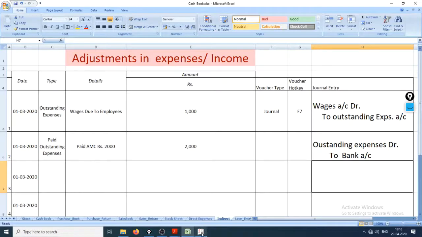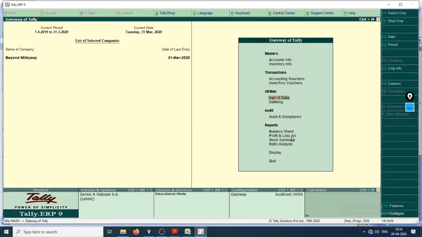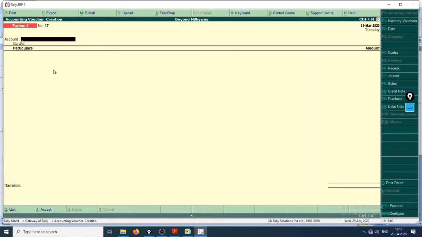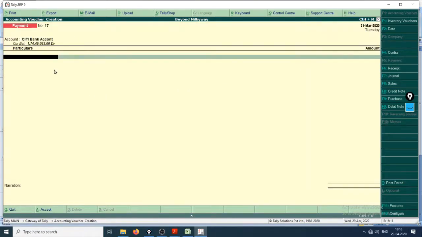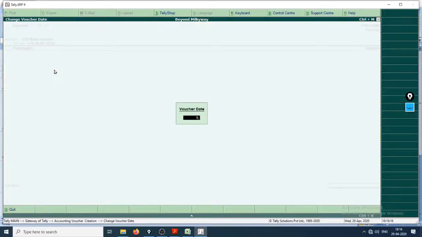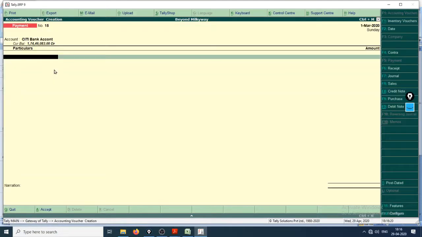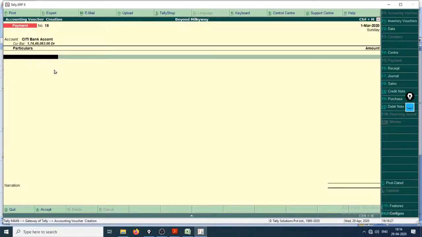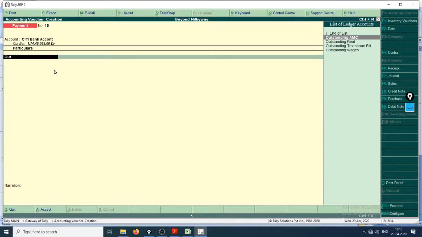Now let's check if we can make it in Tally. Vouchers, payment, right? F5 payment, Citibank account. What's the date? 1/3/22. And did we not change that date in that journal entry also? AMC bill. Okay, so the entry should be outstanding expense debit, bank credit, outstanding AMC.